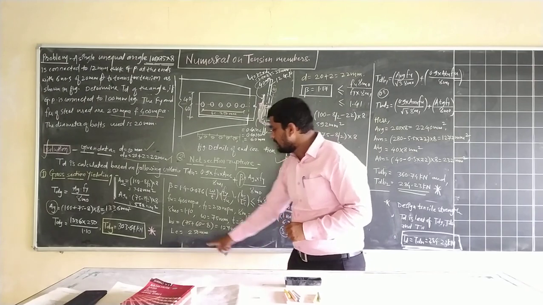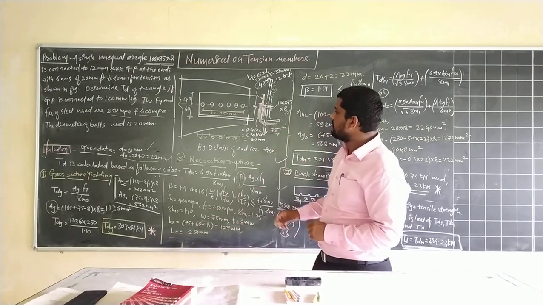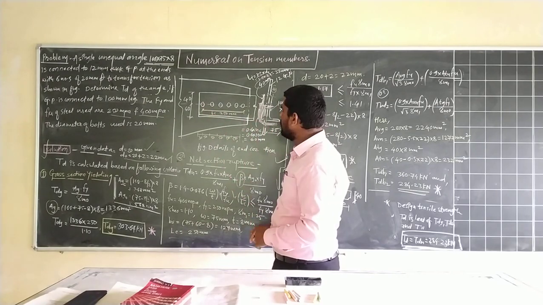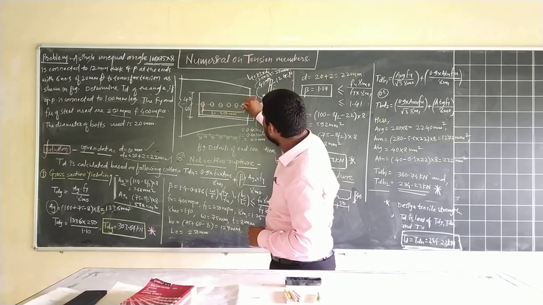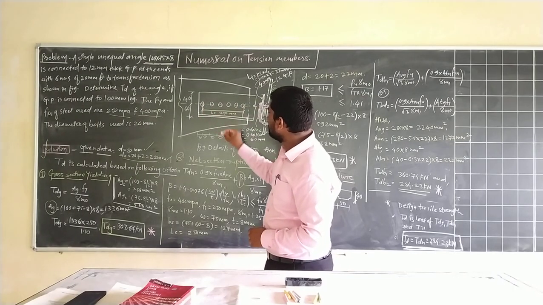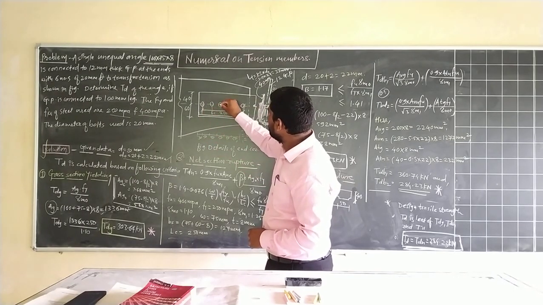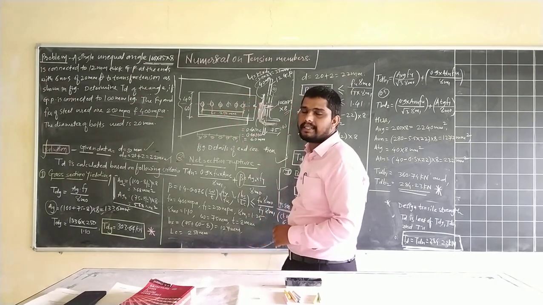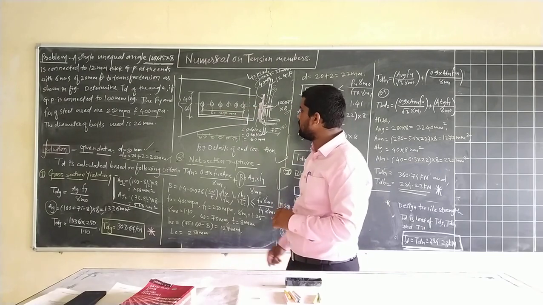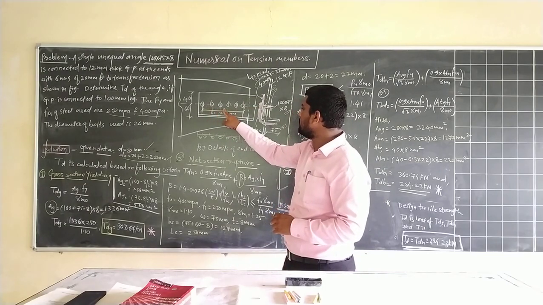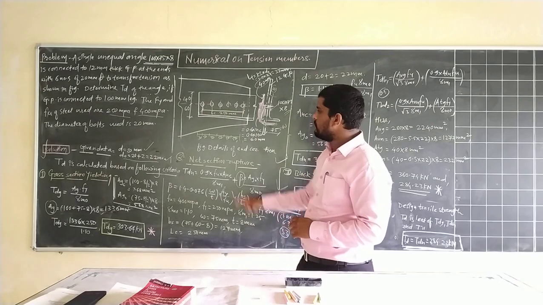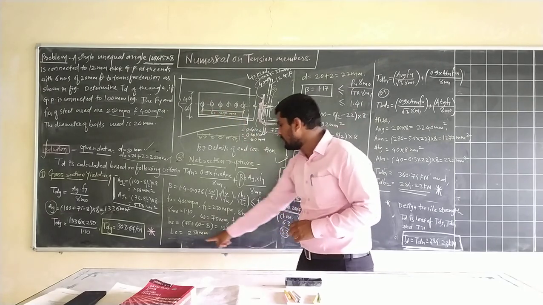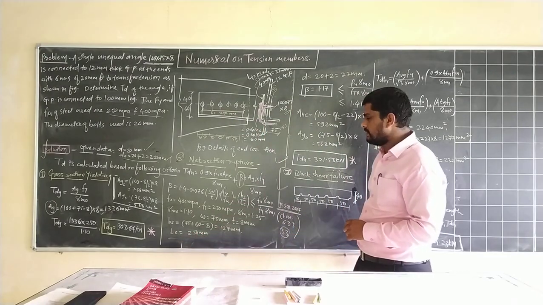And then Lc, the length of this connection. So Lc will be the center to center distance between the outermost bolts. This is our first bolt and this is our last bolt. The pitch is given as 50 mm, a successive center to center pitch distance of 50 mm. So total 50 plus 50 plus 50 plus 50 plus 50, that is 50 mm multiplied by 5 intervals. So 250 mm is the length of this connection.